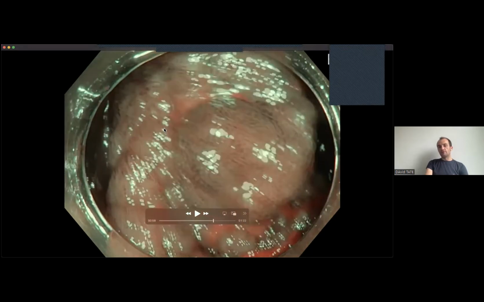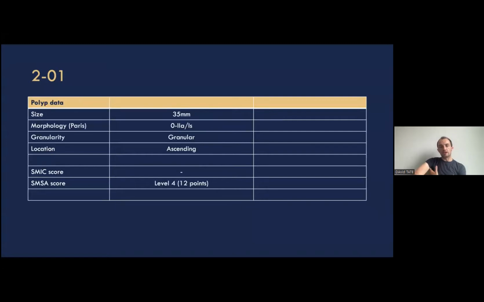All right. So in summary, we have a negative polyp with no demarcated area, 30 millimeters in size, 0-IIa plus Is, granular. And I think we said, Vikash, you can share your slide because you'll tell us where it is now, and we can therefore tot up the risk of cancer within it. If you guys aren't doing so, I would encourage you to go to the calculator and do these along with us. Ascending colon. So just before we get to the SMSA score, the SMSA score of this polyp is 4.